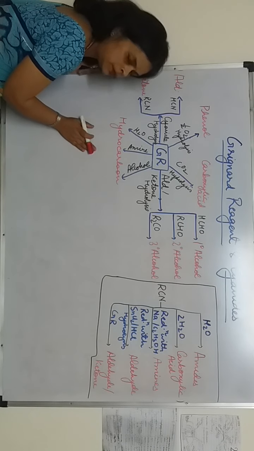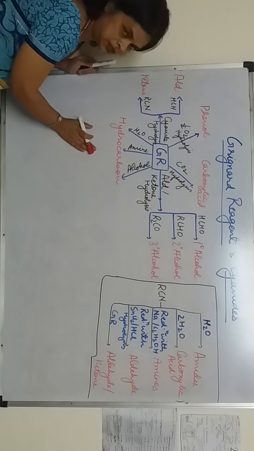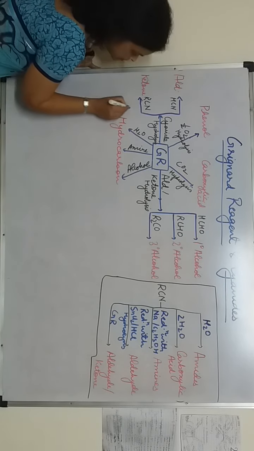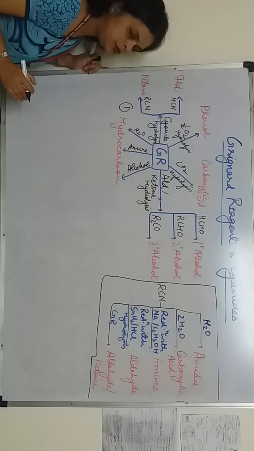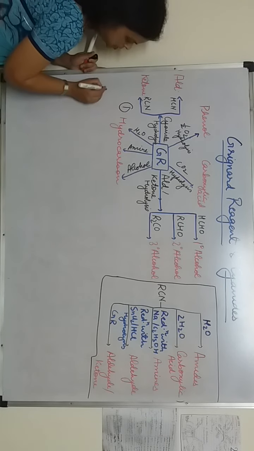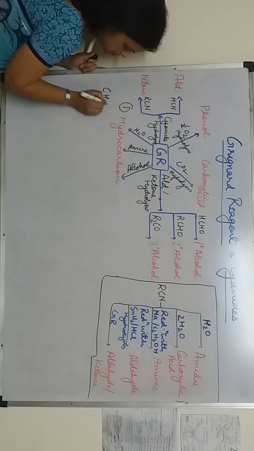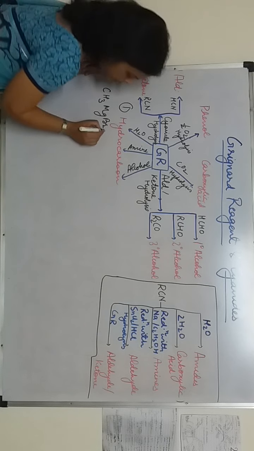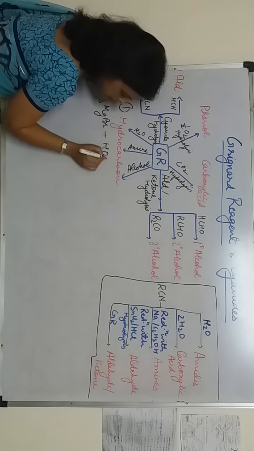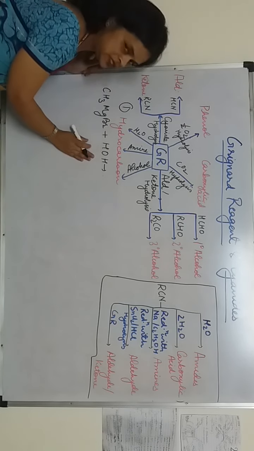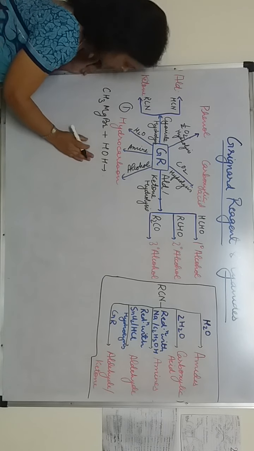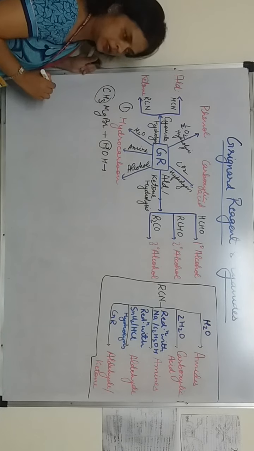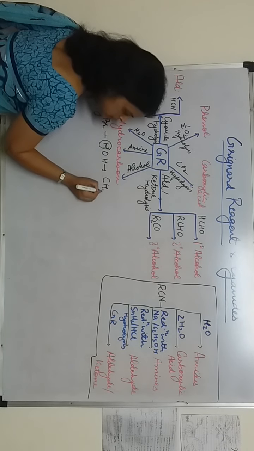Let's understand it properly so that you need not learn it. Okay, so we will start from here. First, how GR can be used to make hydrocarbons. Suppose I am taking CH3MgBr. Now, this Grignard reagent, when it combines with water, as I have already told you, whenever it combines with a compound having active hydrogen, here H will combine with the CH3 part and we will get CH4.